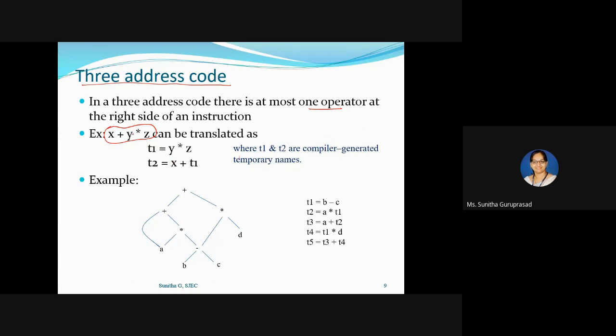So what we usually do is, this y into z, according to the precedence, this has to come first. So we give this the name t1 for y into z, right? Then this whole thing will be included in t2. So y into z, whatever you have, is stored in a temporary variable called t1. This is actually called a compiler generated temporary name. Then t1 you will be adding to x, right? So we have x plus t1, that will become t2. Clear? So this is how you convert a 3 address